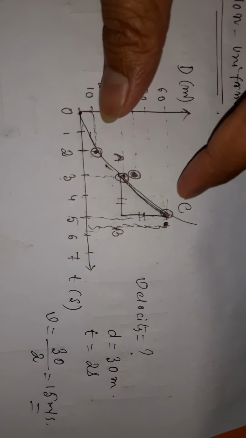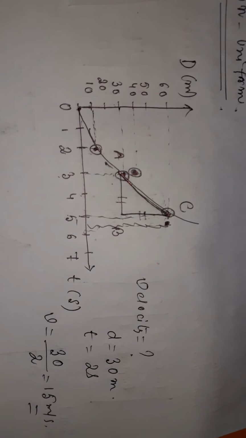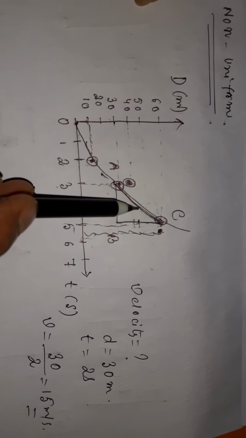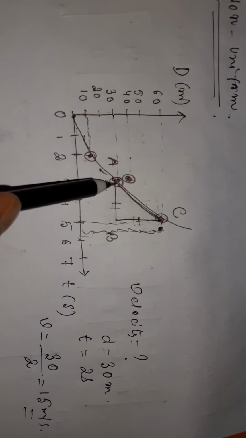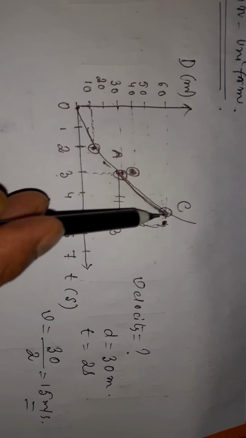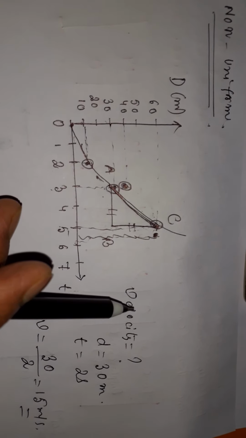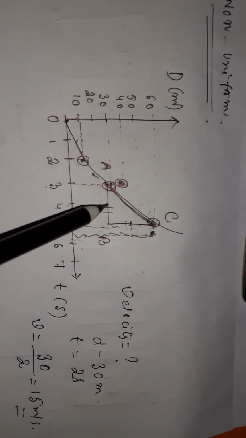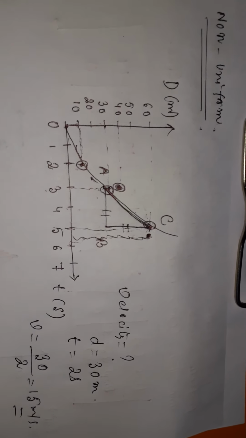Okay, if you consider the type of graph given in your book, you will get a different type of thing. But the actual thing is that whenever you get this type of curve, you have to first draw one straight line, then complete the triangle, then calculate. A different type of thing is given in your book for non-uniform velocity. So you just see that one, you can easily understand it.